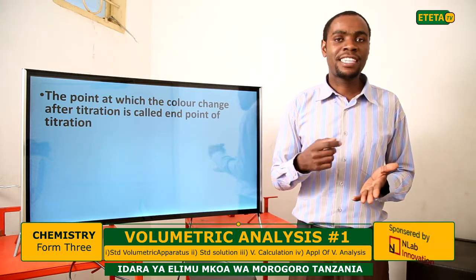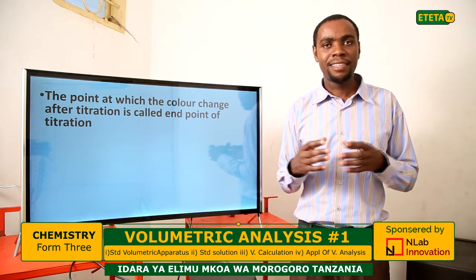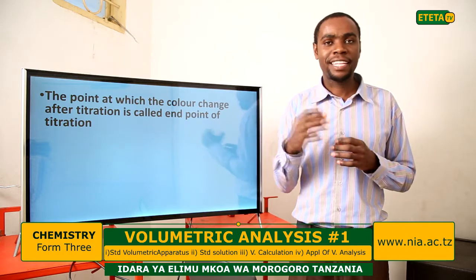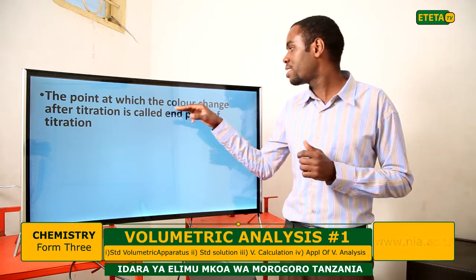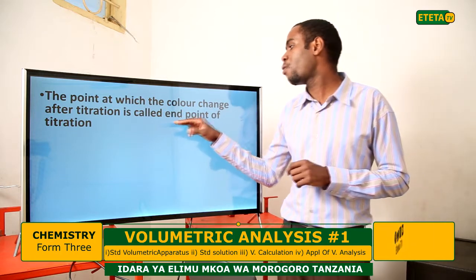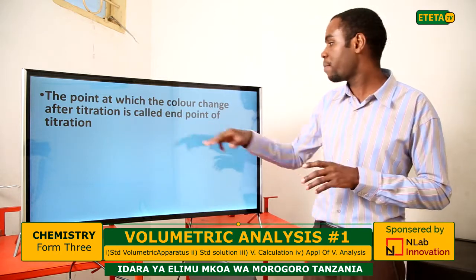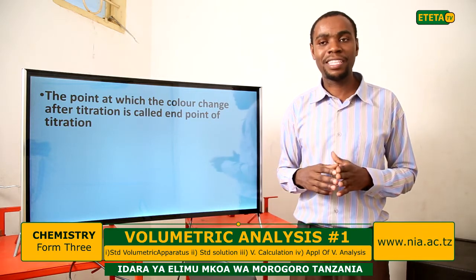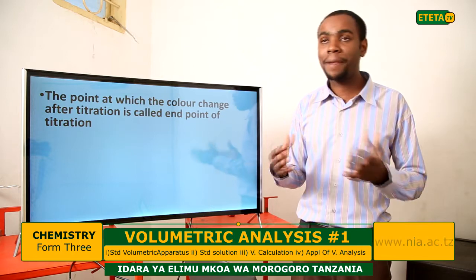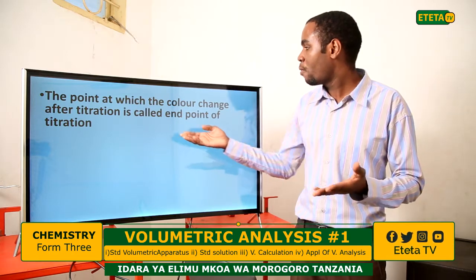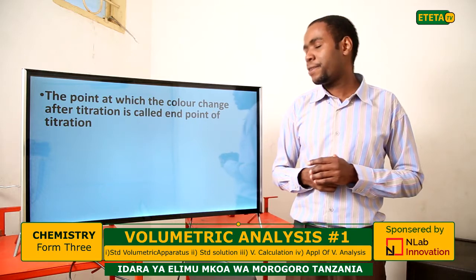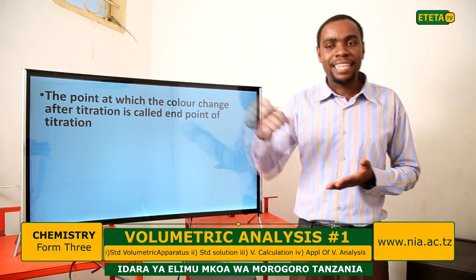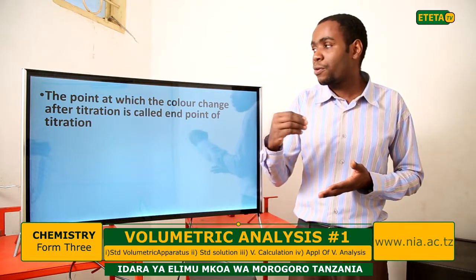But during titration, there are some errors which can make the value which we expect you to obtain vary. So the end point of titration is a practical point, not theoretical. After the titration process, what we obtain is the end point. But the theoretical point, what is expected, is what we call